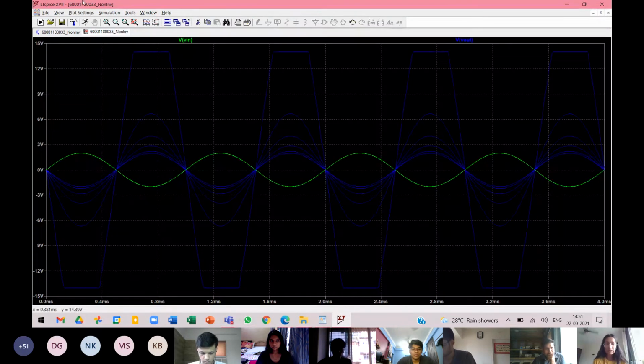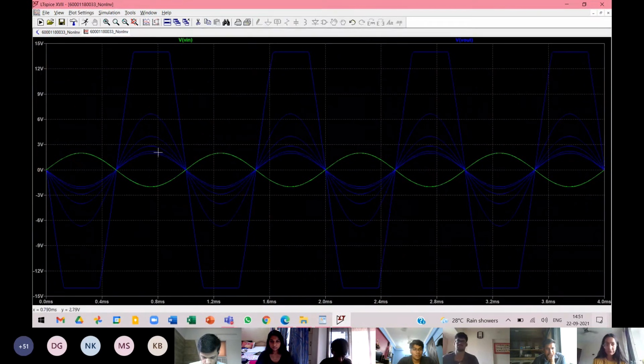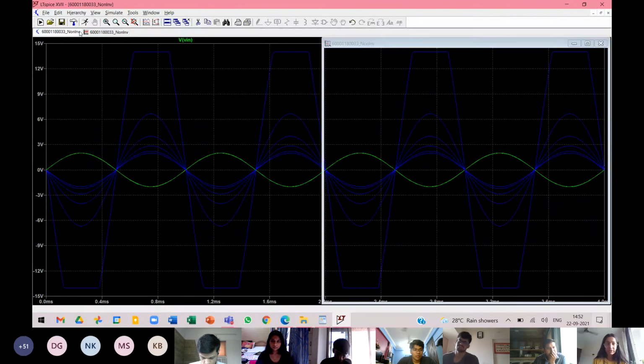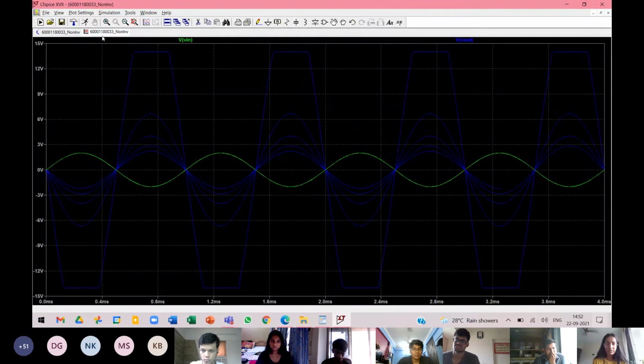Yeah, so the reason we did the parametric sweep is that your formula for your gain is minus R2 by R1, right? So when R2 remains constant, which is 10K over here, and your R1 keeps differing, then your gain will also differ. So your output waveforms will be according to the gain offered by the op amp for that particular resistance, right? For 1K we get a waveform of one gain, and for different gains, you can see different output waveforms. I can't really pick which one is for which, but